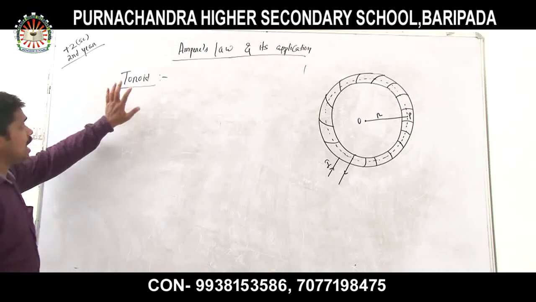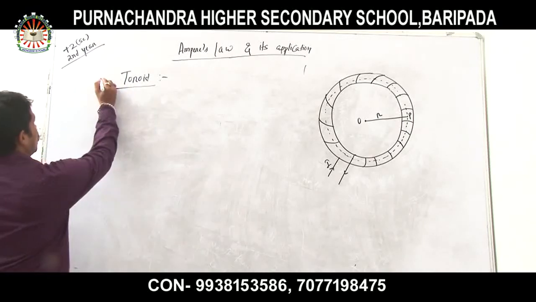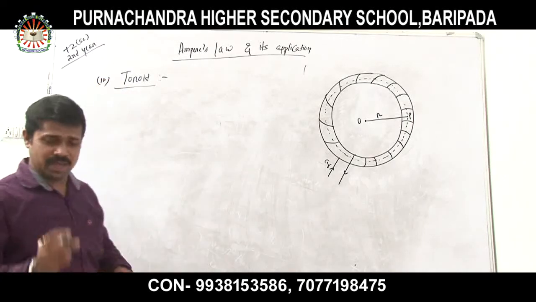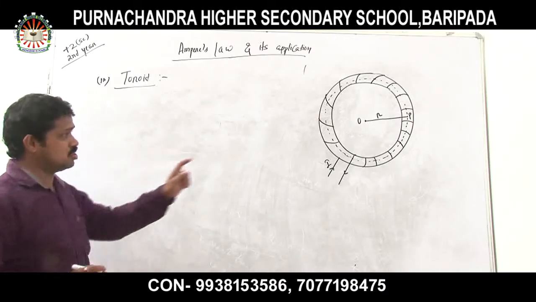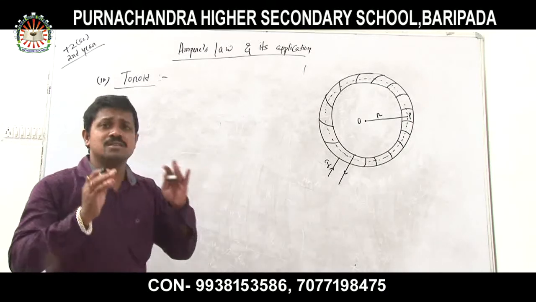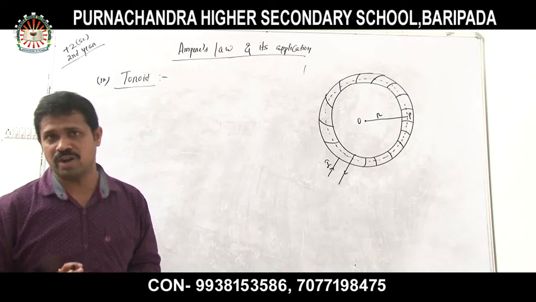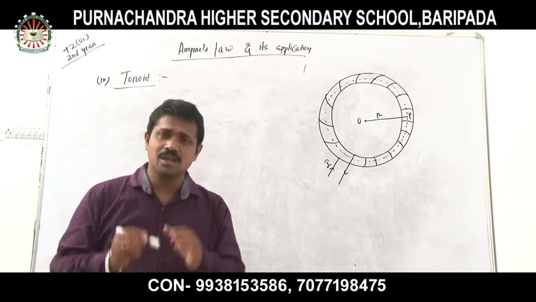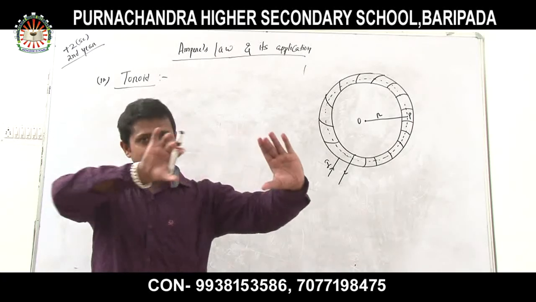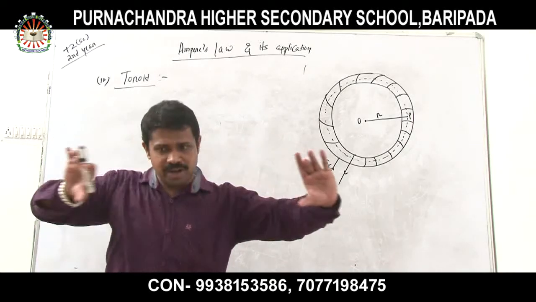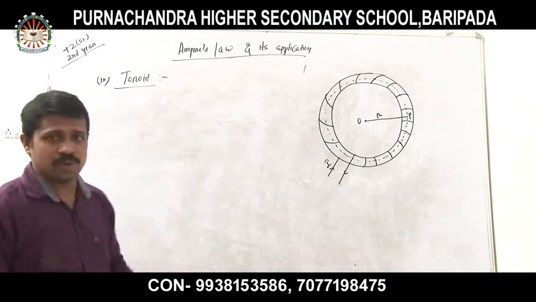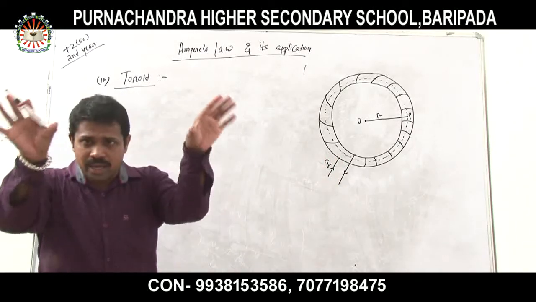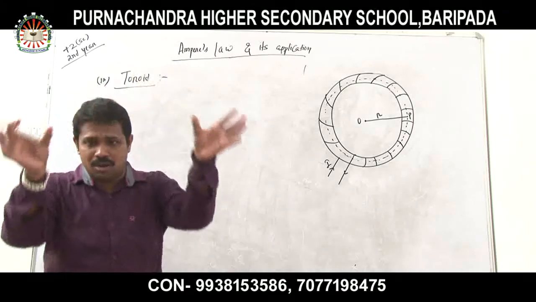So come to our third application, that is your toroid. We have discussed two applications of your Ampere's law. So come to the third application, this is your toroid, which is very similar to your solenoid. Clear? In the solenoid, it is arranged in a helical structure, but in a cylindrical manner, in a straight line. But if that solenoid is curved into a circular one,